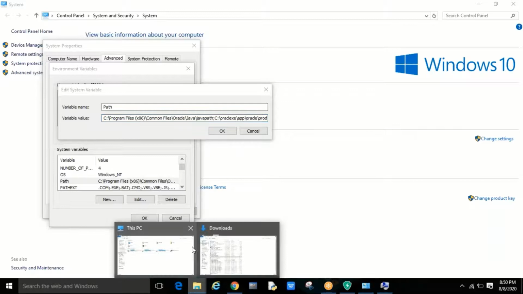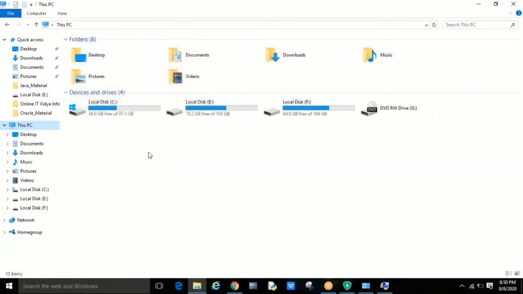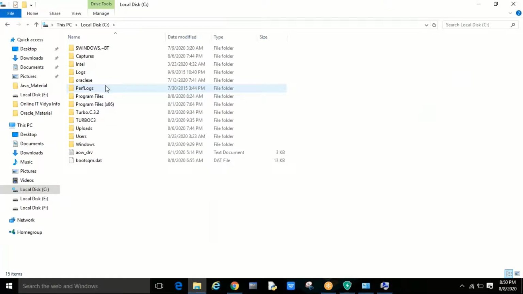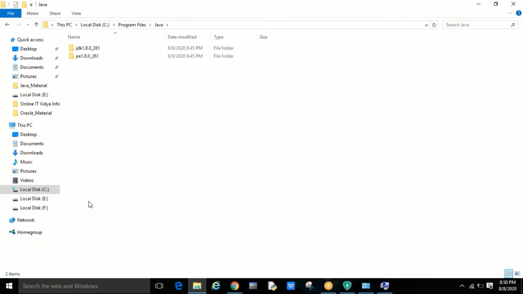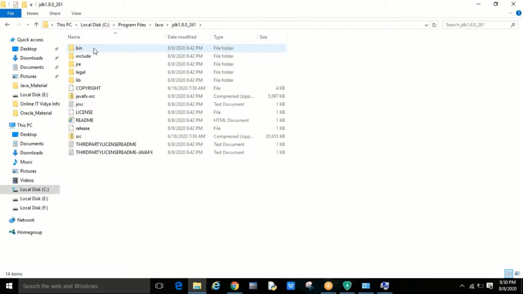So where did you install it? In the C drive, right? Go to the C drive. Do this parallelly, guys. Select Program Files, then the Java folder, then JDK. This is what you need to follow, and I am giving that path as well, so if you miss anything, follow that. C drive, Program Files, Java folder. Under Java you have the JDK and JRE, but you need to select JDK. Don't go for the JRE.